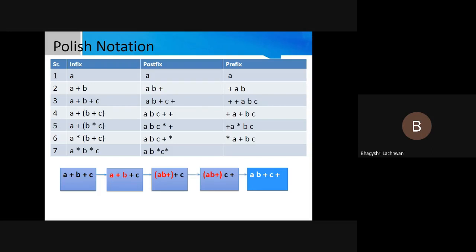Next, three multiplications we are having and no parenthesis is given, so we will go from left to right. So A, B star will be the first answer. A, B star, C star will be the finalized answer. Then for prefix, first we will solve star A B, then star star ABC. Okay, this was about the Polish notations. That means if you are given any infix expression, this is how you convert it into the postfix or the corresponding prefix expression. Hope this is clear to all of you. Thank you for watching.